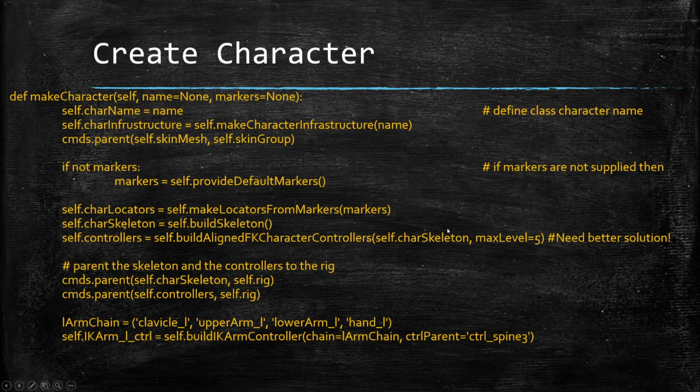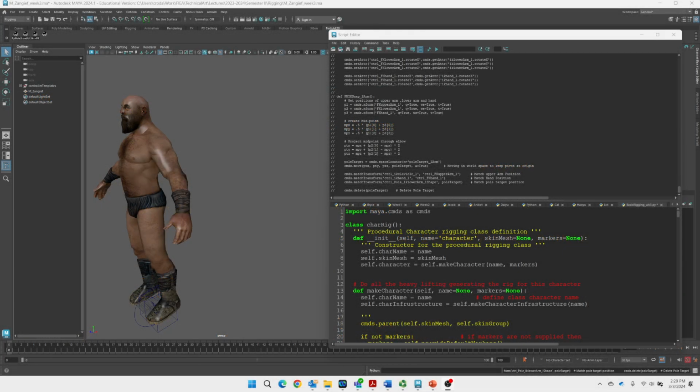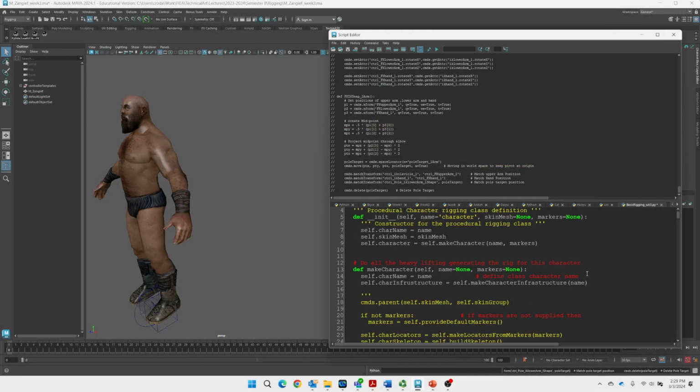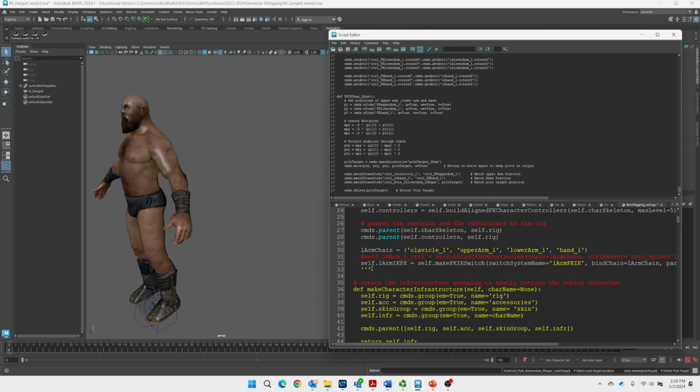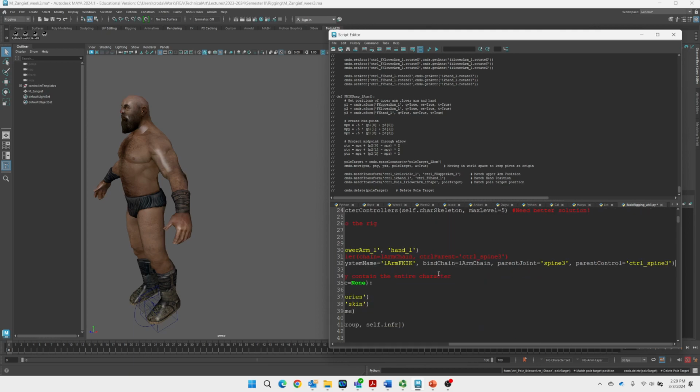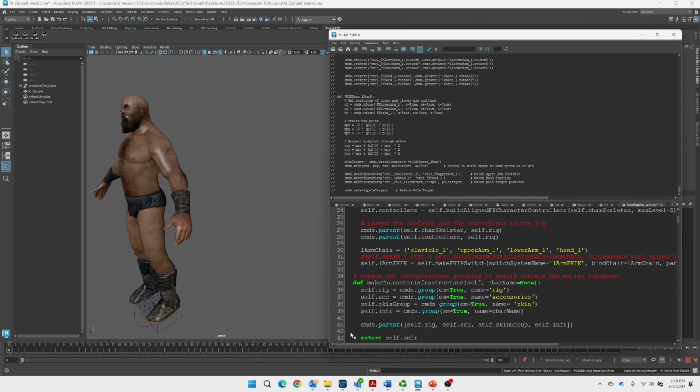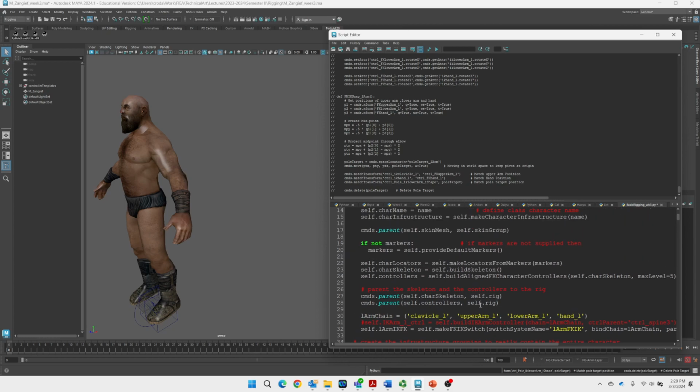All right, so now we're going to start creating the character, and we're going to try to start going into the area that I had just uncommented there. And so I'm going to go back into the character, and we're going to go up here. And so I'm going to get rid of this, and I'm going to get rid of this. And so this make character should look pretty familiar. I'm going to put this on here, and I'm going to comment out this last line, which says self make